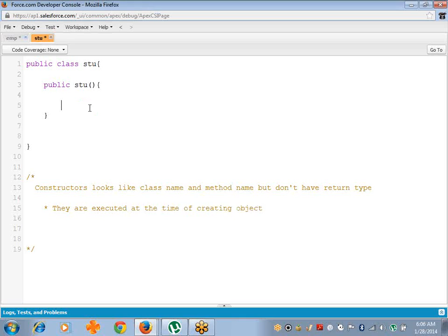So while executing means what? When you say STU s equal to new STU, this is what you call new STU. When you say this, it is called a constructor. New STU, this is STU, this is a constructor. So while STU s is equal to new STU means whatever I give the values, I'll provide